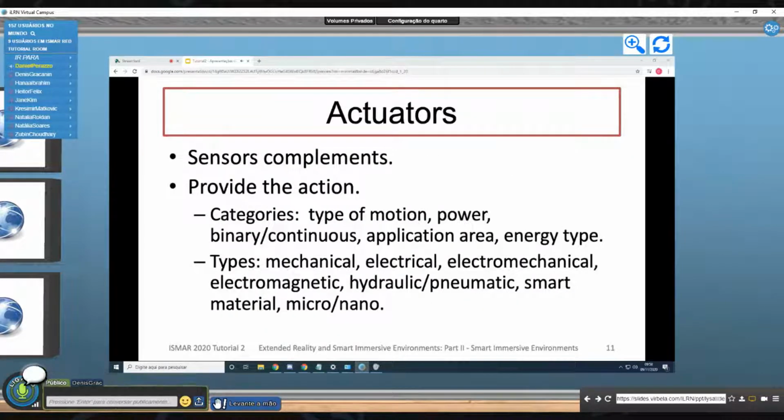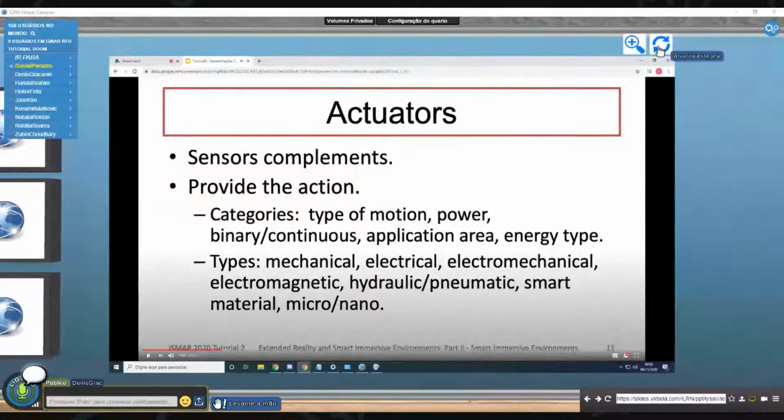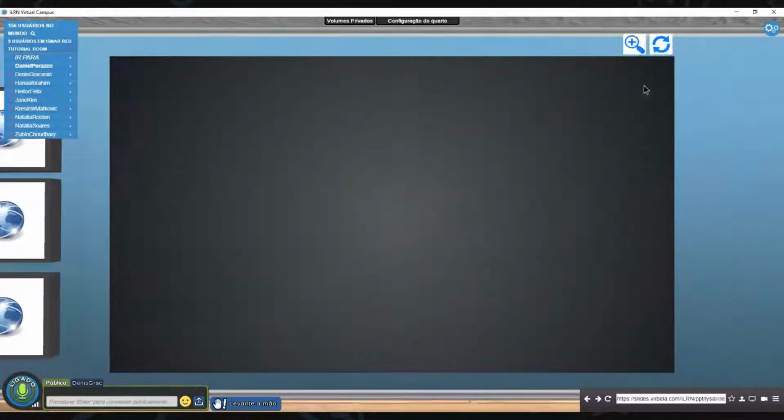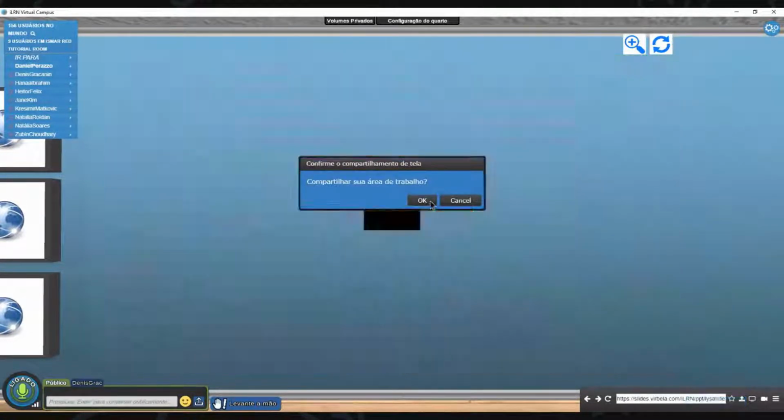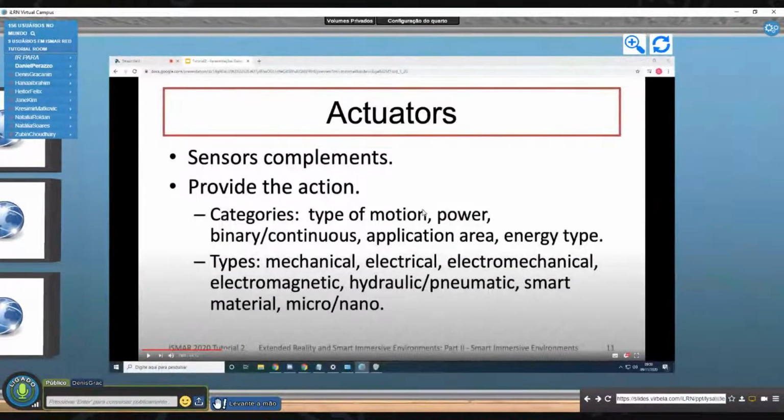On the other hand, going from digital world to physical world, we have actuators. So they are complementing sensors because they provide the action usually in response to sensing performed by sensors. So again, we have various categories in terms of what kind of motion that actuator provides, power consumptions, ability to control them, or